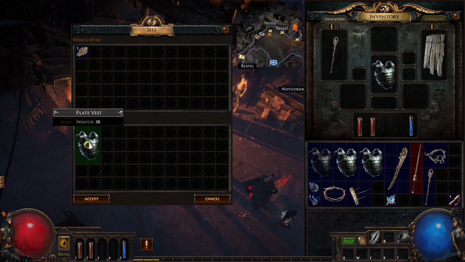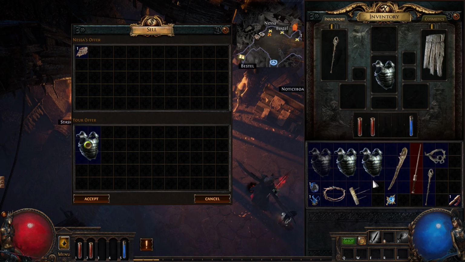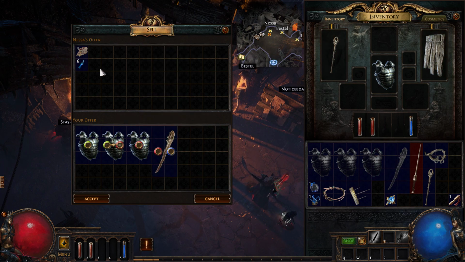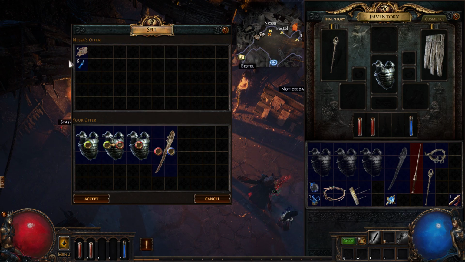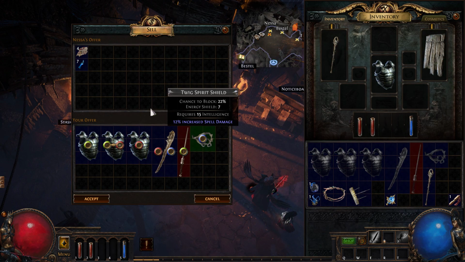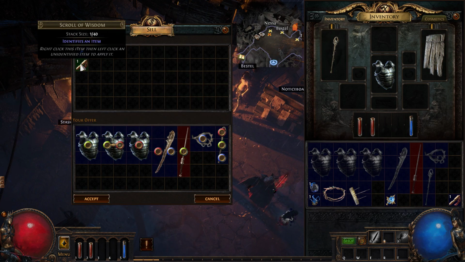So when I sell this, she's going to give me a scroll fragment. That's a scroll fragment of a scroll of wisdom. So farming random drops is definitely going to get you closer to that. As you can see, I got alteration shards. The higher tier the weapon, the more of these types of rewards you'll get from selling them. So let's keep selling stuff. We want to try to get 5. Yeah, we will. So now that I've sold stuff that equates to 5 scraps of a scroll of wisdom,